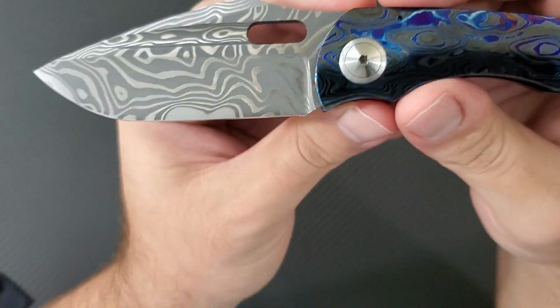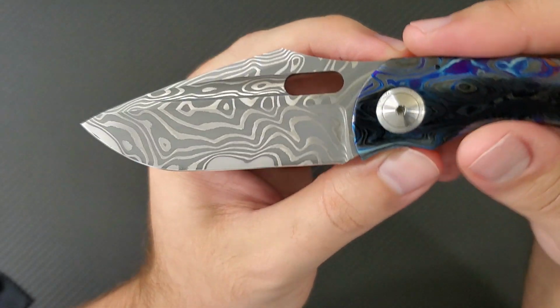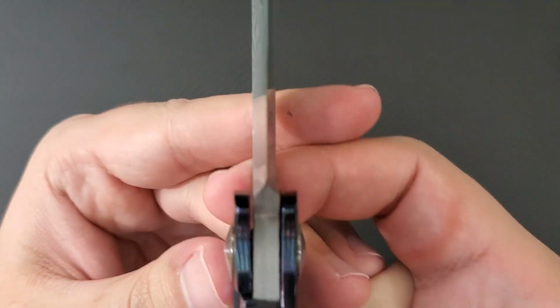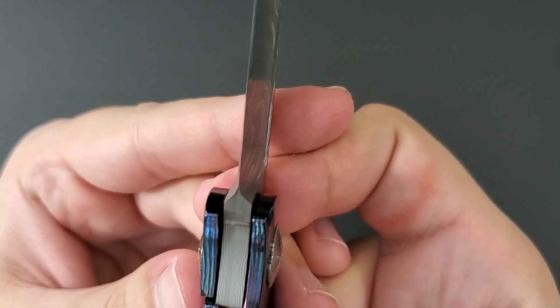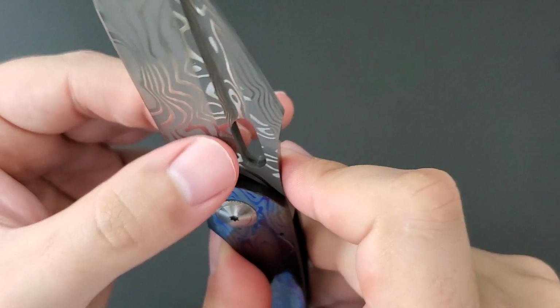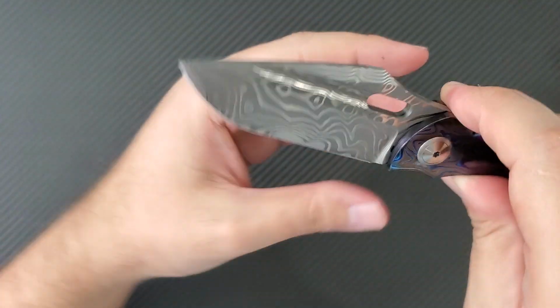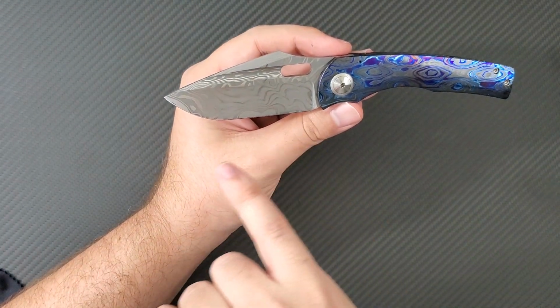I actually sent this knife to my good buddy Andrew Leek, who sharpened this on some stones, and it cuts like crazy. That is because it is hollow ground, and you can see how thinly this knife has been hollow ground. At .188 stock, it's incredibly thick, but look how thinly hollowed it is all the way out to the tip. It's got a beautiful harpoon, sort of drop point style blade shape,